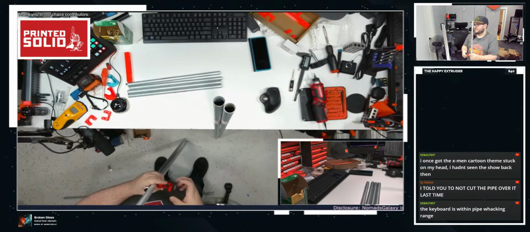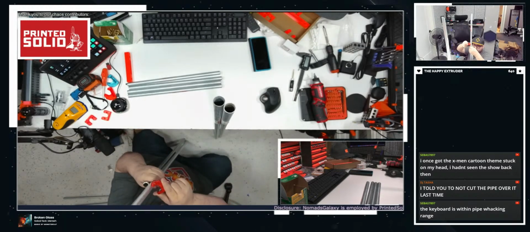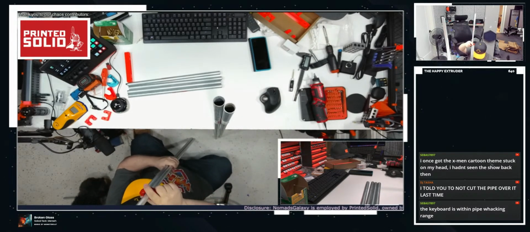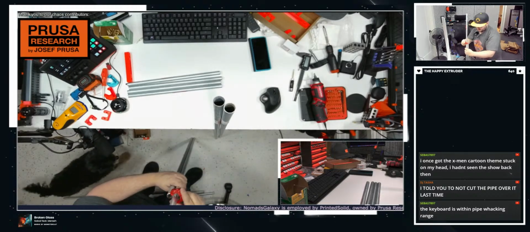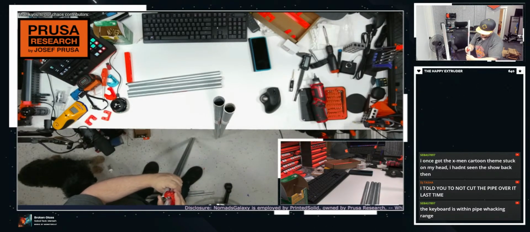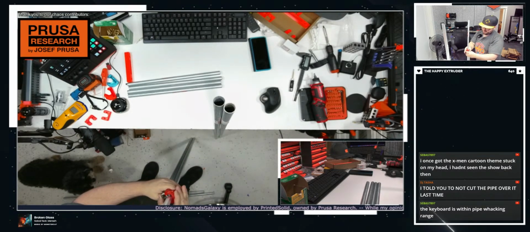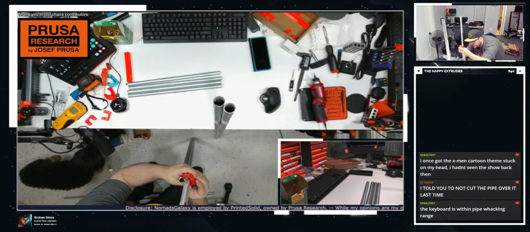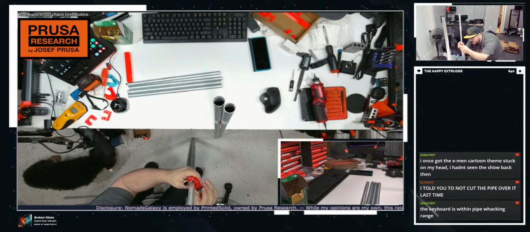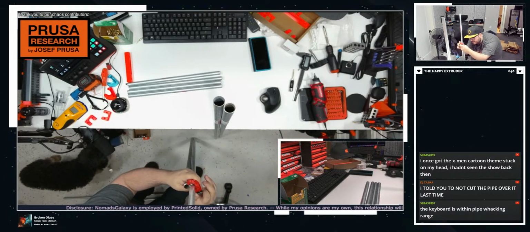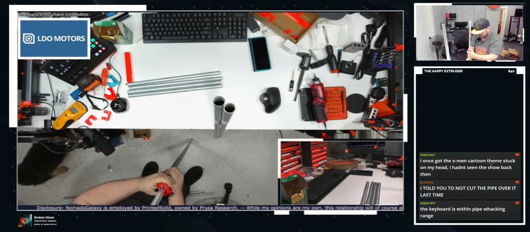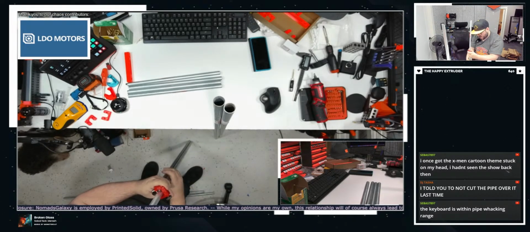Honestly, at this point, I should just accept the fact that all of my hardware is going to get destroyed at some point. I should just move to a fully 3D printed keyboard and just accept life. But I'm in the Razer ecosystem. For better or for worse.